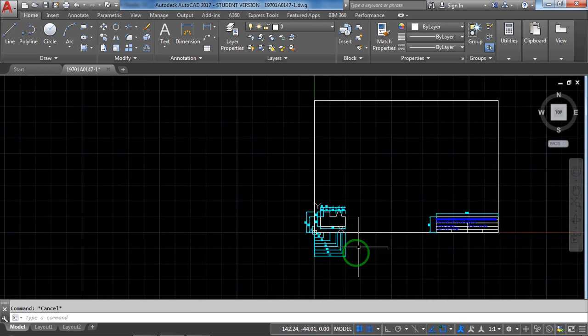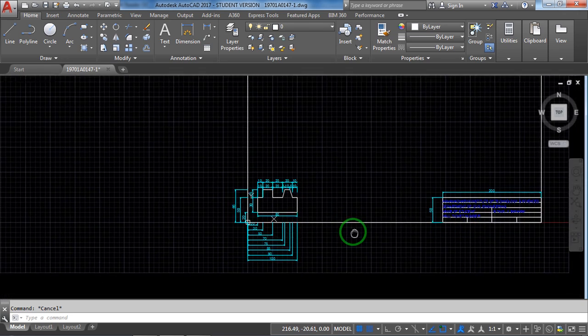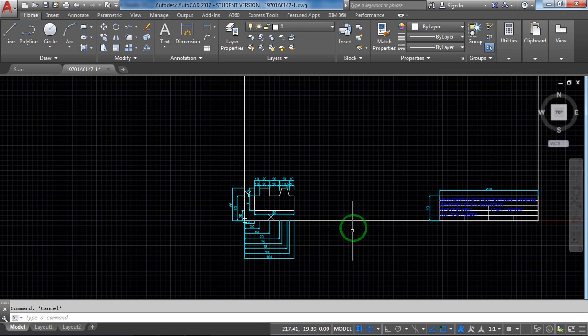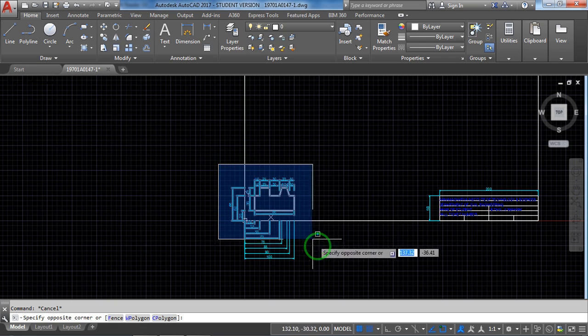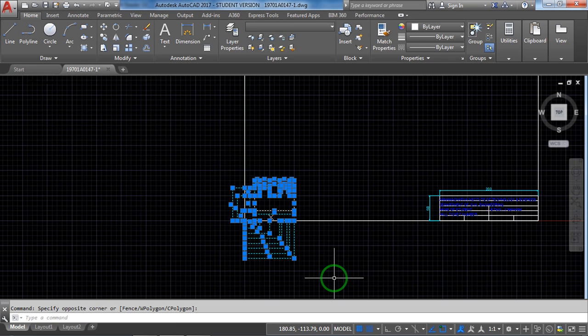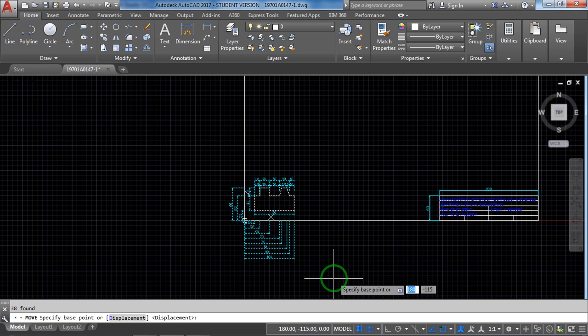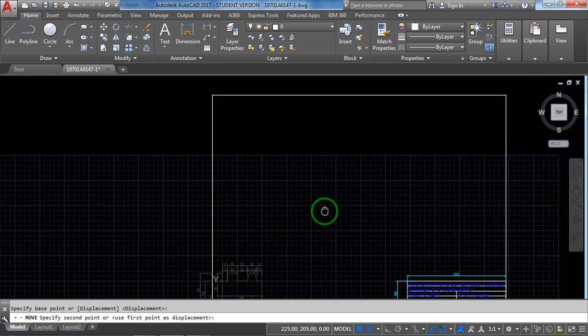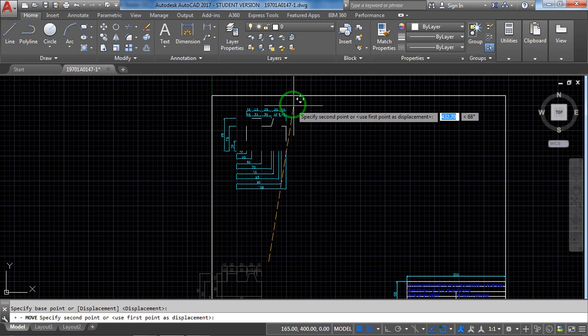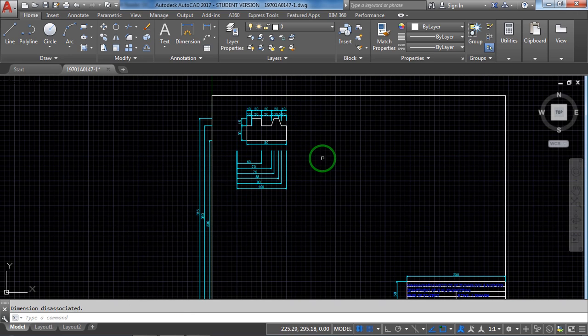Now how to move the entire thing to somewhere here. See, zoom out so that you can see the entire figure. Now select with the help of cross window, moving towards the right side, like this. Now it's all selected. After selection, type your move command, right? See, 38 found here, 38 found. Now specify point. I'm selecting one point here and moving all the things for good looking somewhere inside the drawing sheet.